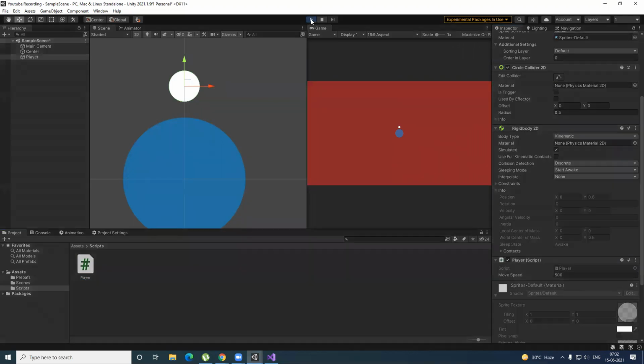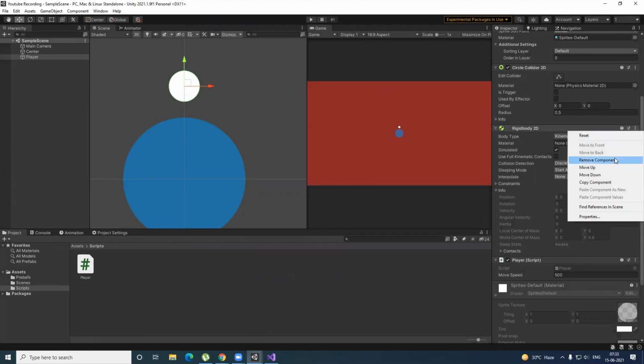So let's hit play now. We should be able to move around, right? As you can see, we are able to move around as much as we want. It's totally free, depending on the D key that I'm pressing right now and the A key that I'm pressing right now. So I can move around. Let's move forward.